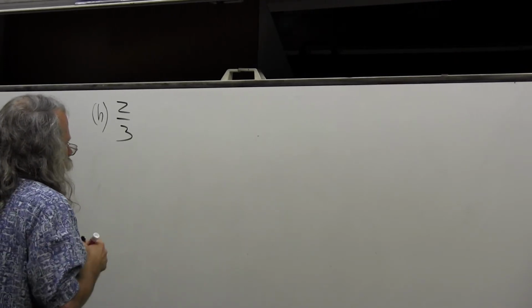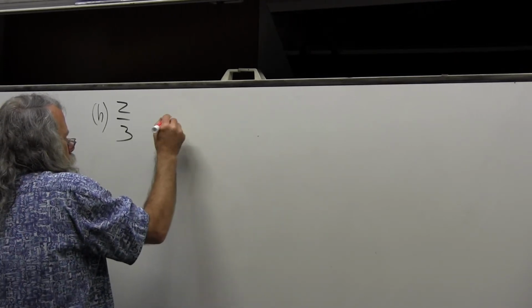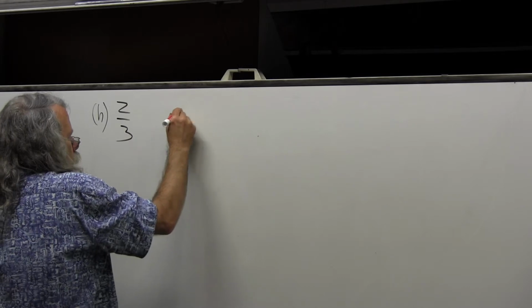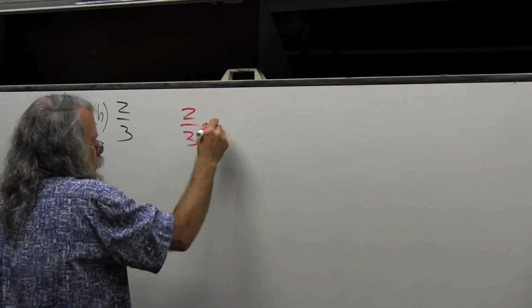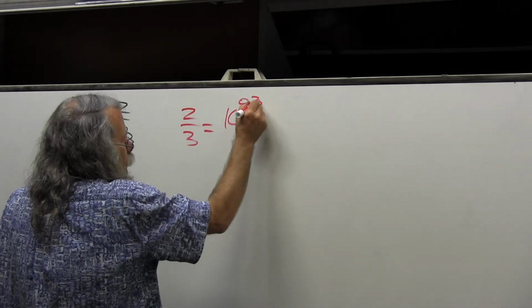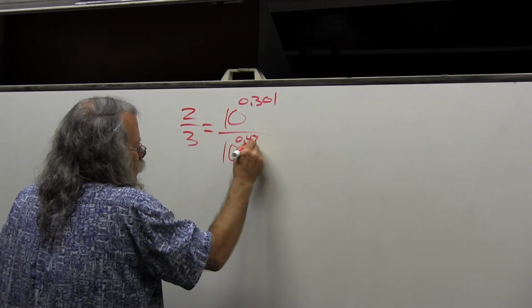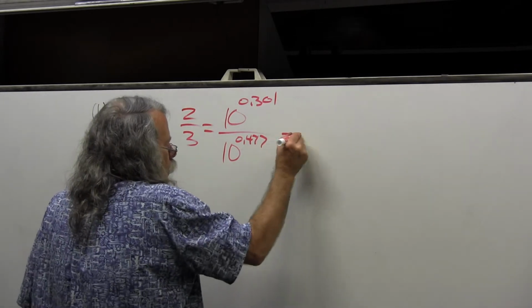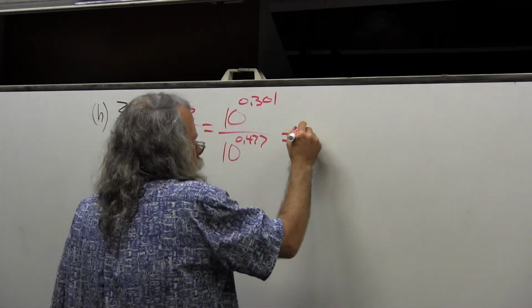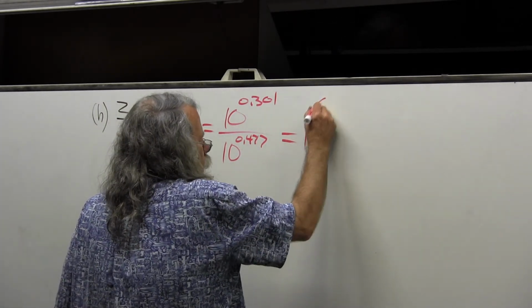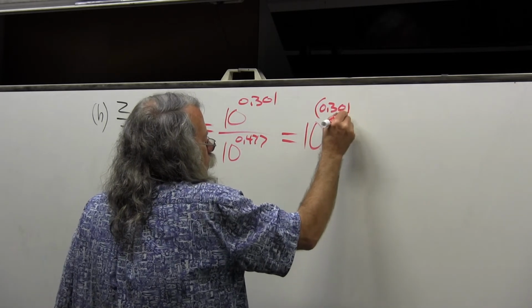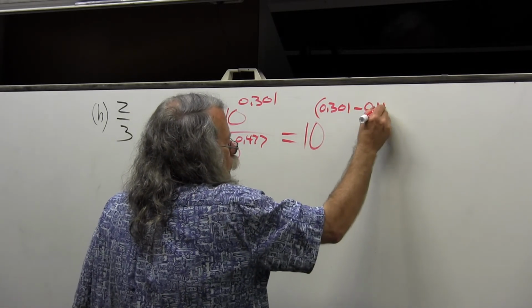Well, 2/3 equals 10 to the 0.301 over 10 to the 0.477, which is equal to 10 to the 0.301 minus 0.477,